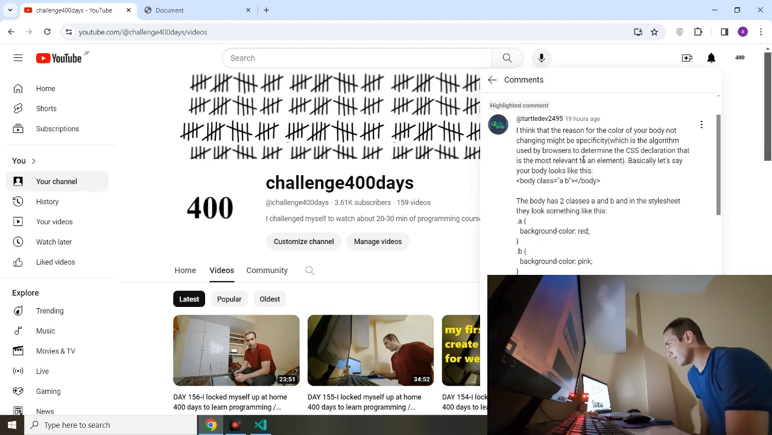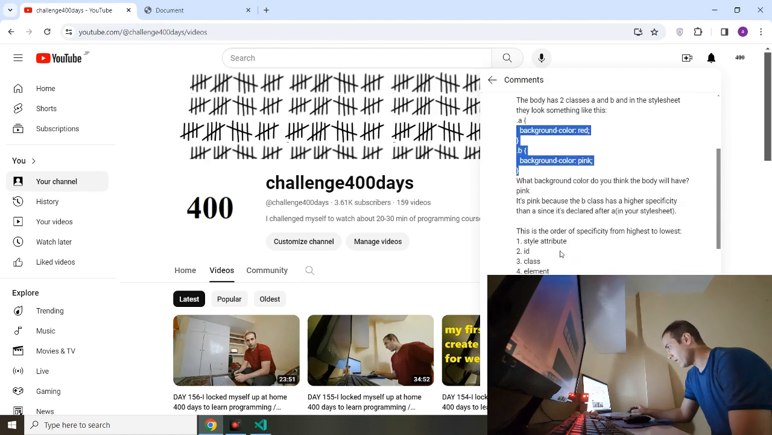Basically, let's say your body looks like this. The body tag has two classes here, A and B. In the style sheet, they look something like this: dot class, background color. So here he or she said that we have defined two different colors for the background of a body tag. In this case, what background color do you think the body will have? Pink. It's pink because